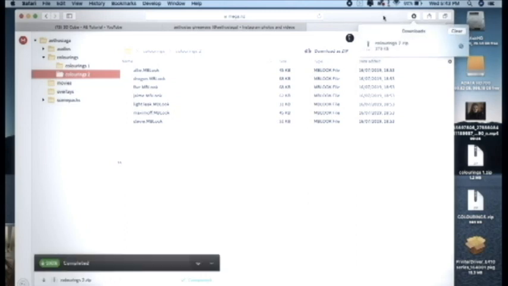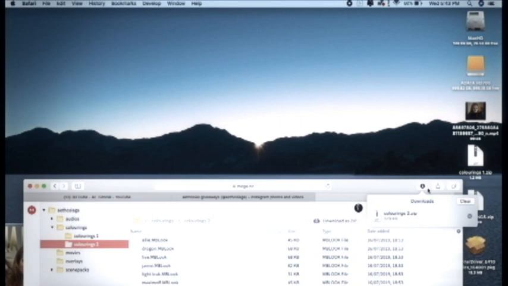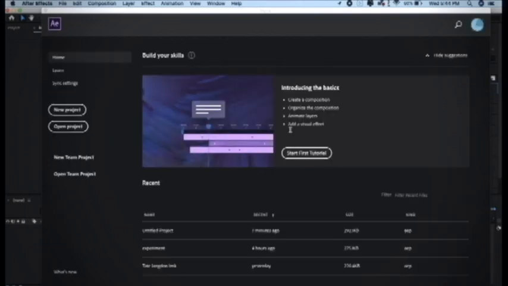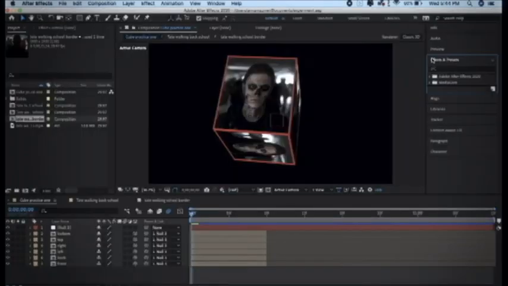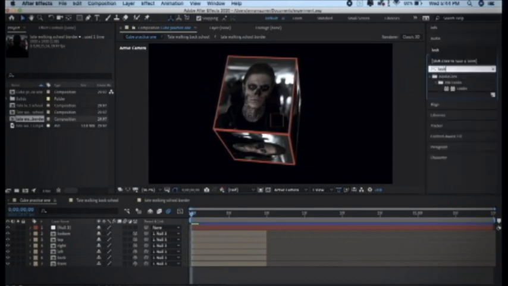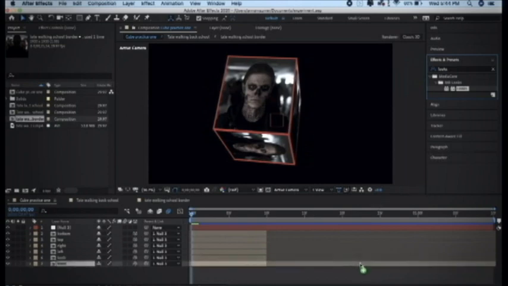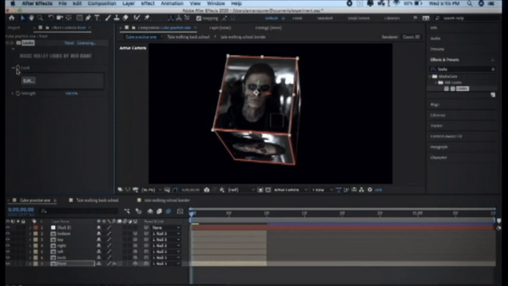Once it's completed, you open this little arrow here and you drag your colorings to, and now it's highlighted, so you double click to unzip it. Just open a random composition. In your effects and preset panel, you search for looks. It's obviously pre-installed, so now you put it down here, and then down here in the looks section click